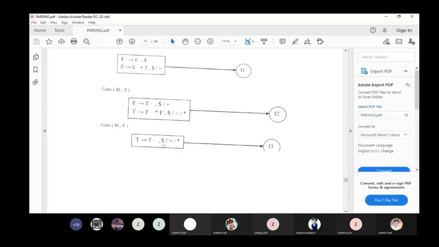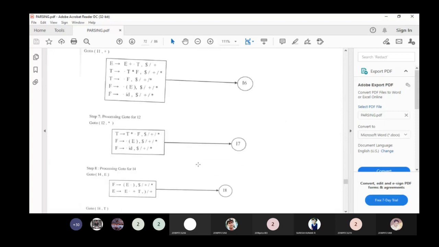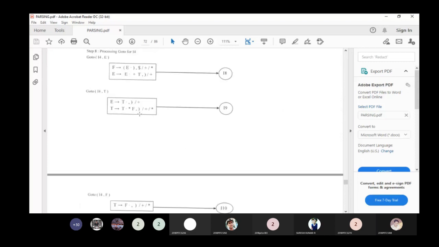This is a very big problem. What is the state for 2? T dot, and here also T dot star F. The same states appear anywhere. You verify that. Here you see T dot star F.